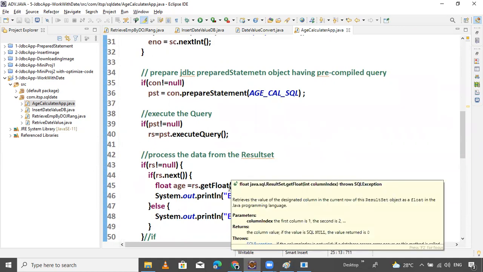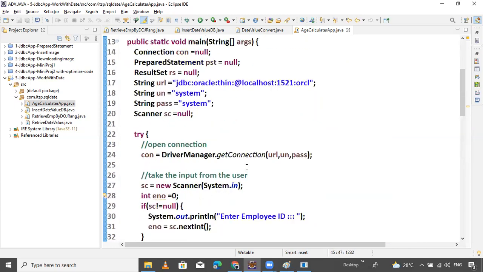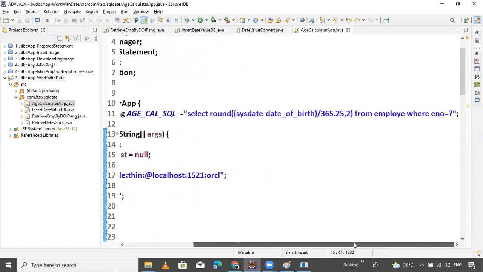But here is not any error. This query will return a float value. So that's why, I think so.